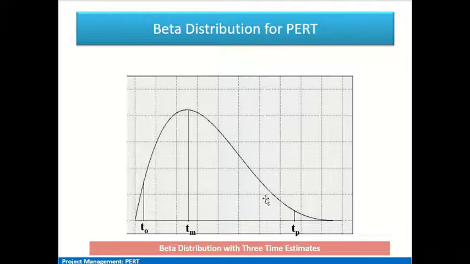This distribution has a tail towards the right hand side, as you can see. So skewness is there. We have the least time, that is the optimistic time, then the most likely estimate, which has maximum probability, and towards the tail we have the pessimistic time estimate, which is the maximum duration likely to happen in the worst case scenario for a particular activity.